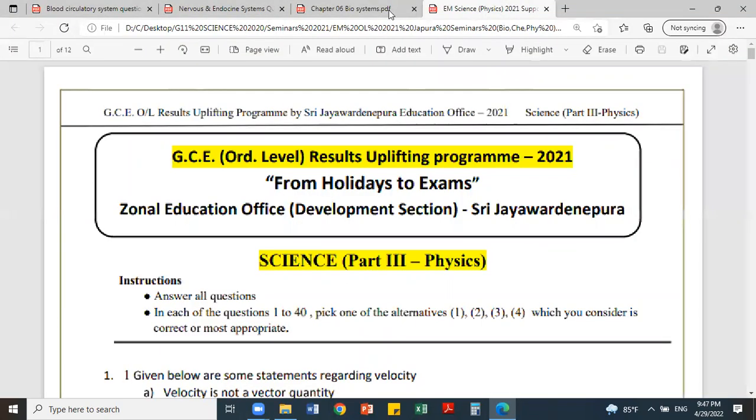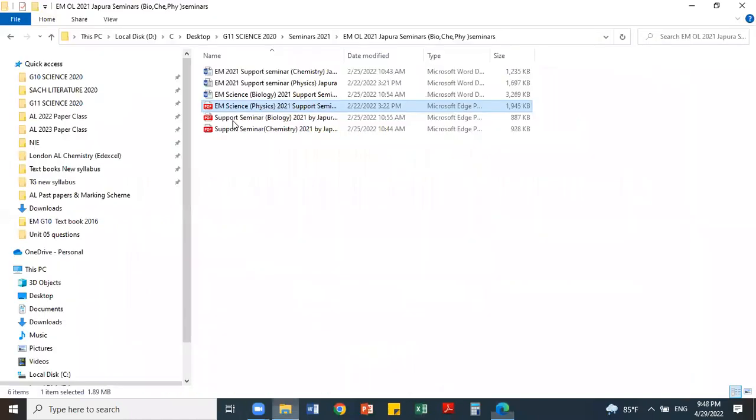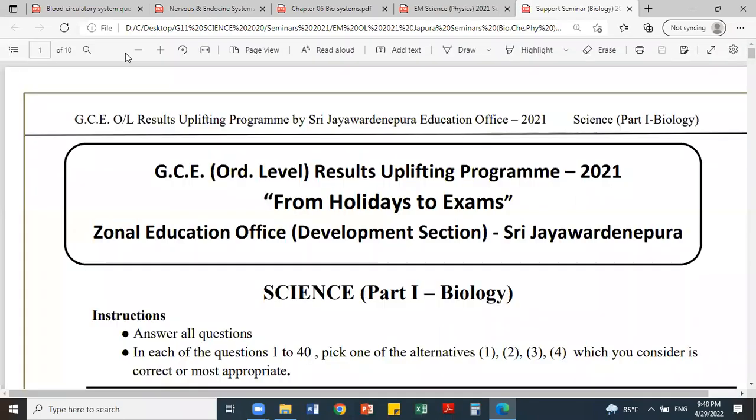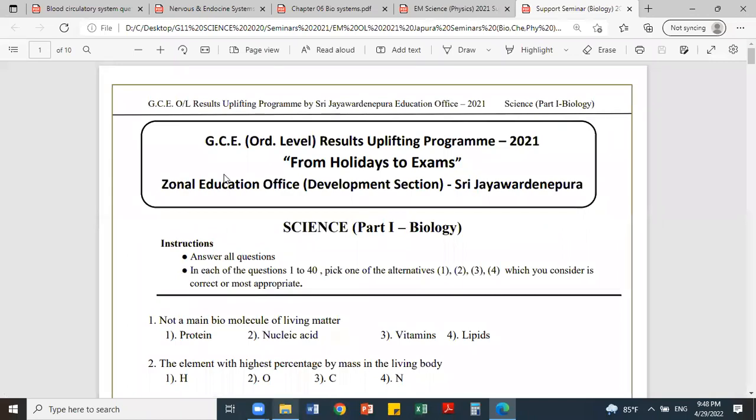In this paper we are going to discuss the remaining questions, biology questions, prototype paper, and the remaining questions of these three chemistry papers. Plus